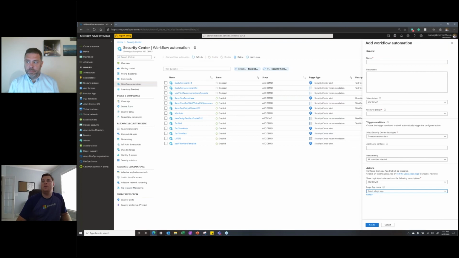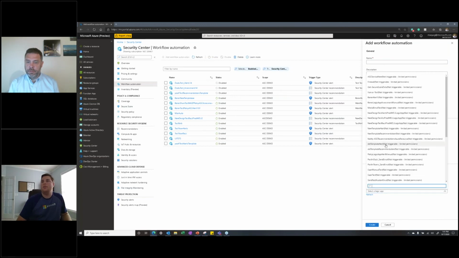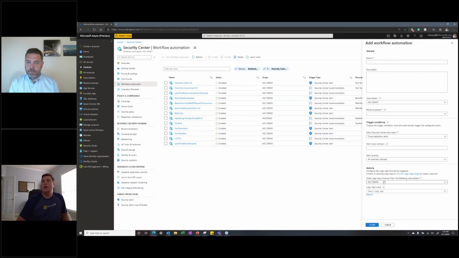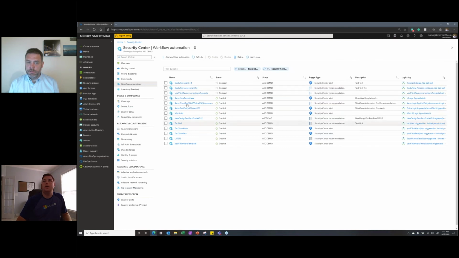You may already have a logic app, and in my case, I have a lot of logic apps already there. For instance, this one, send notification email. Your trigger conditions would be what happened, your actions would be send that email. You can create that and it'll populate here.